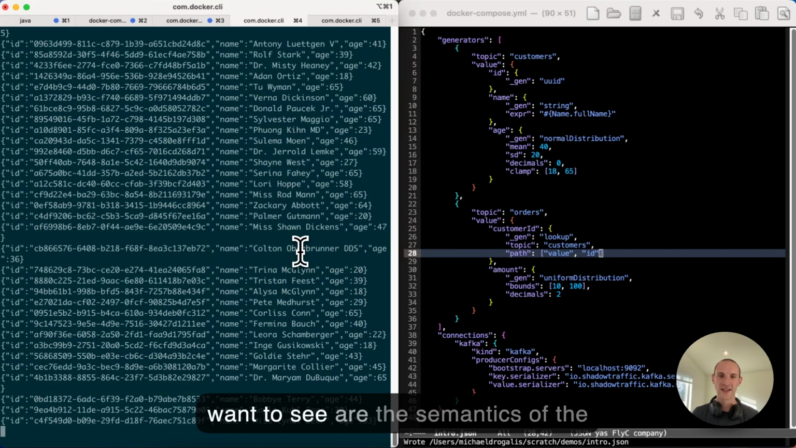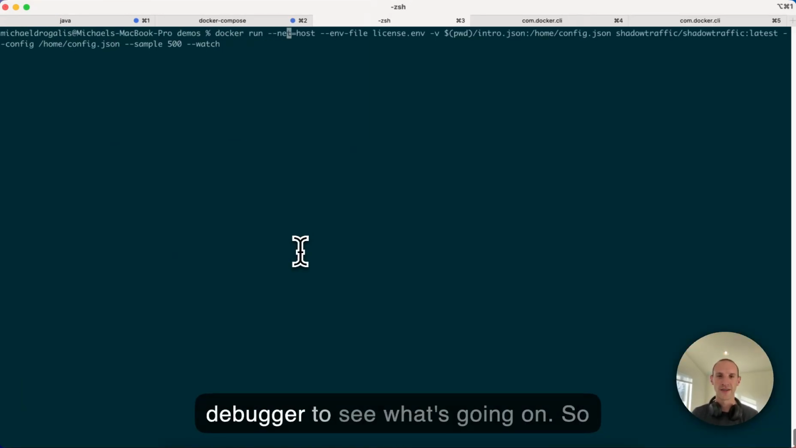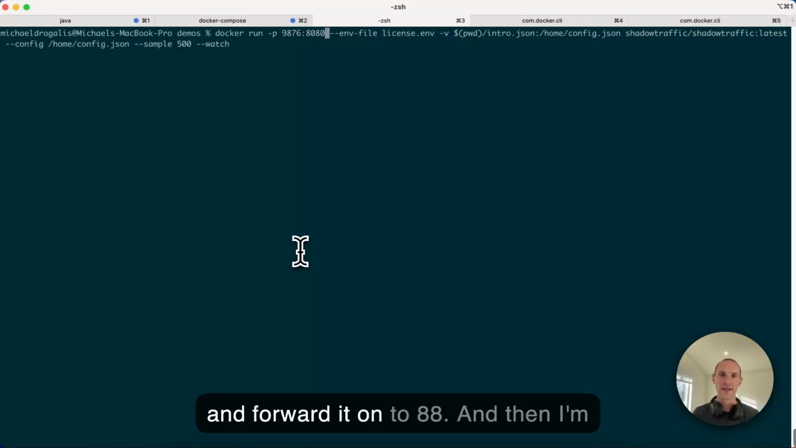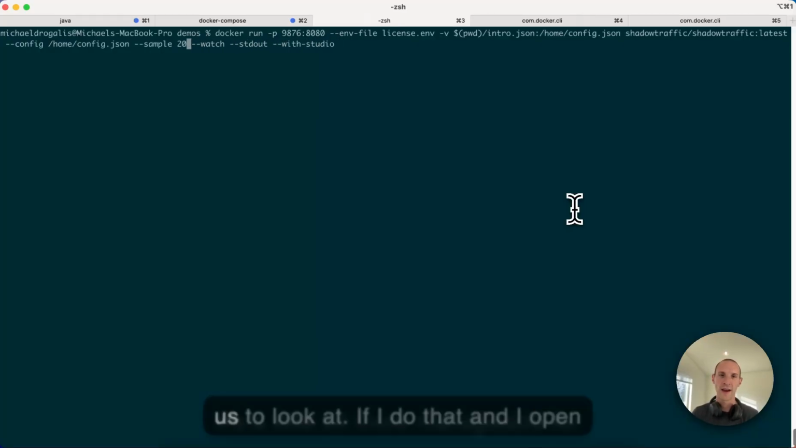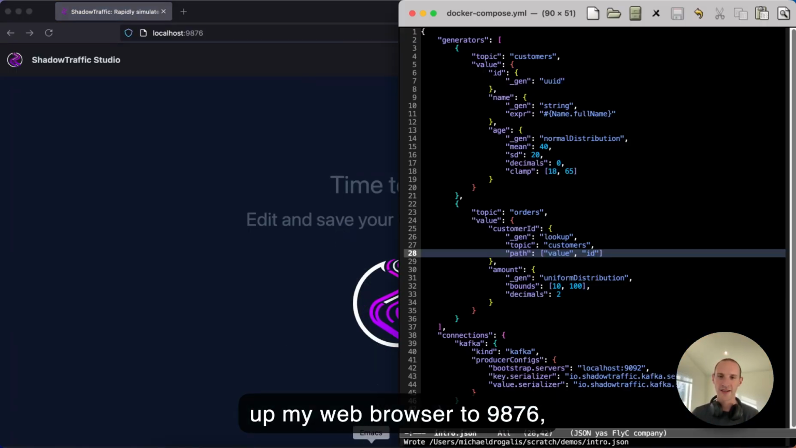What you actually want to see are the semantics of the data, and for this, you can use ShadowTraffic Studio, which is a visual debugger to see what's going on. So here I'm going to open up port 9876 and forward it on to 8080, and then I'm going to redirect all the data back out to standard out and say with Studio. And then I'm going to turn down the number of records just so it's a little bit more manageable for us to look at. If I do that and I open up my web browser to 9876 and I resave my file,